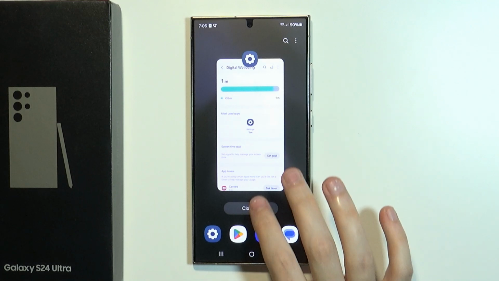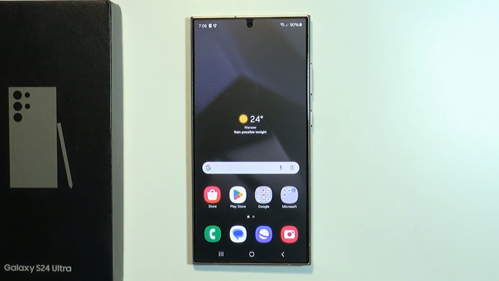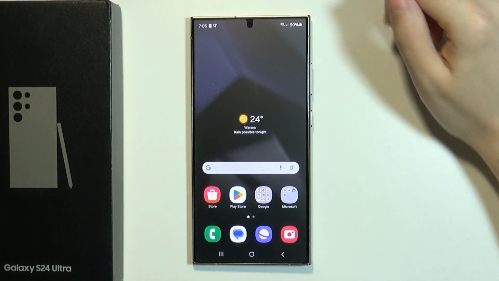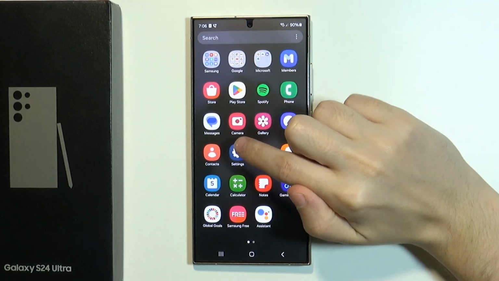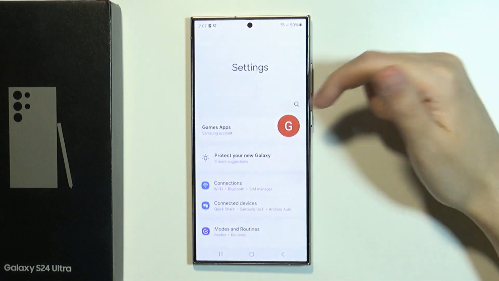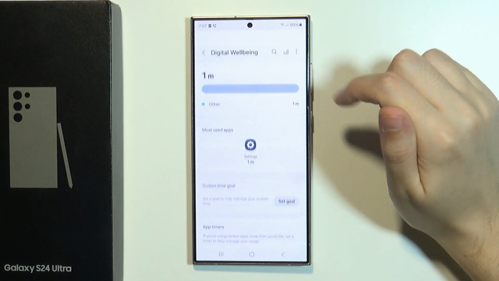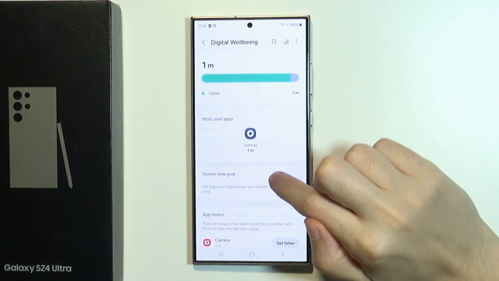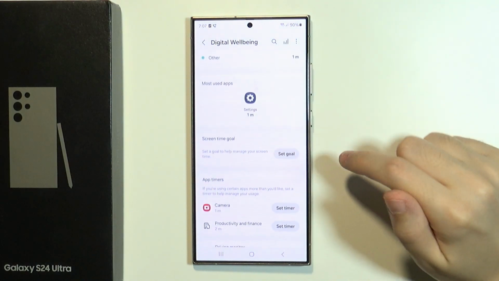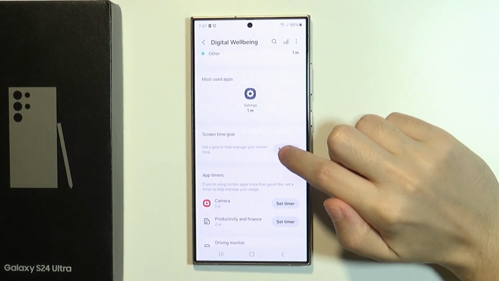Hello, in this video I'm gonna show you how we can set and remove the screen time goal on Samsung Galaxy S24 Ultra. In order to restrict the usage of the device or to remove the restriction, we need to go to the settings. Now over here we need to scroll down and go to digital well-being and parental controls. And finally here you'll find screen time goal, and you can press on this button set goal in order to